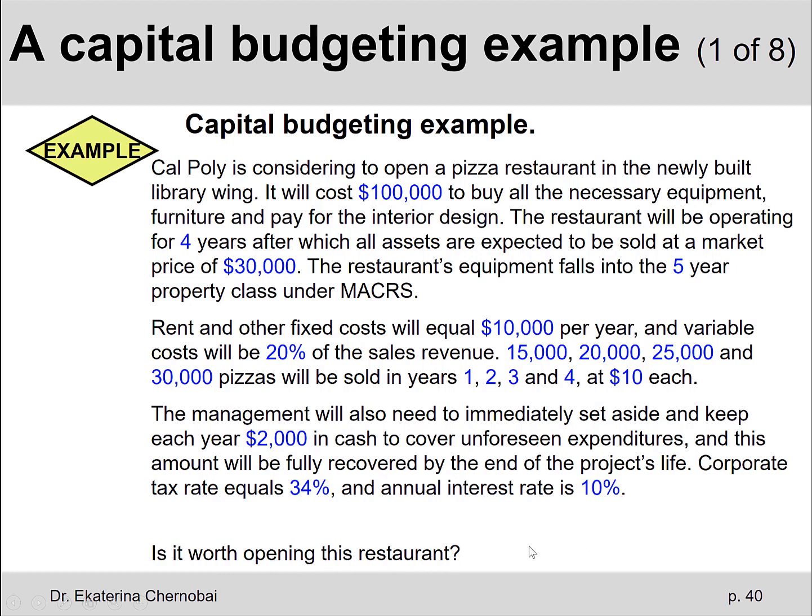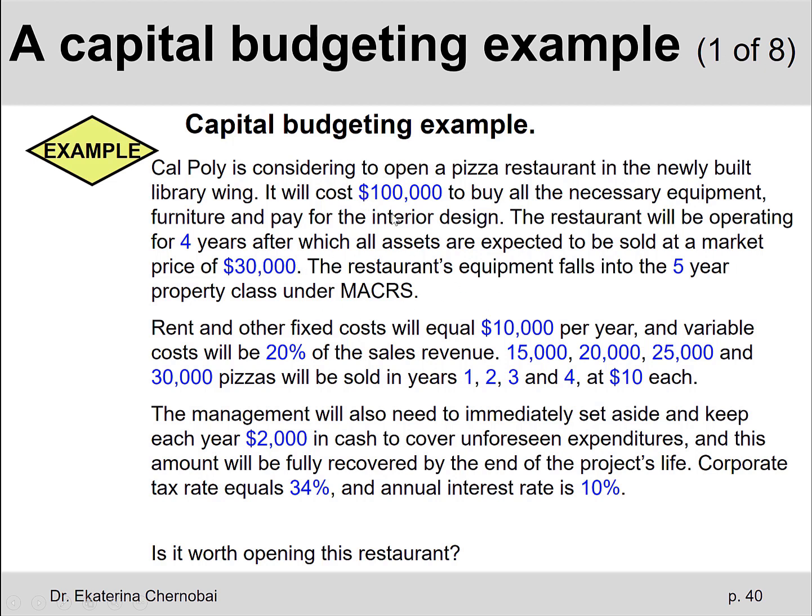To find the net present value, we need to discount all cash flows using the discount rate, which is 10%. So what are the cash flows that need to be discounted at 10%? That's the whole point of this problem. We need to figure them out from all this information. The correct first step would be to sort out anything that may be irrelevant. So are there any dollar amounts that we would call irrelevant? Remember, there are 2 types of cash flows that we call irrelevant from the earlier slides in this chapter.